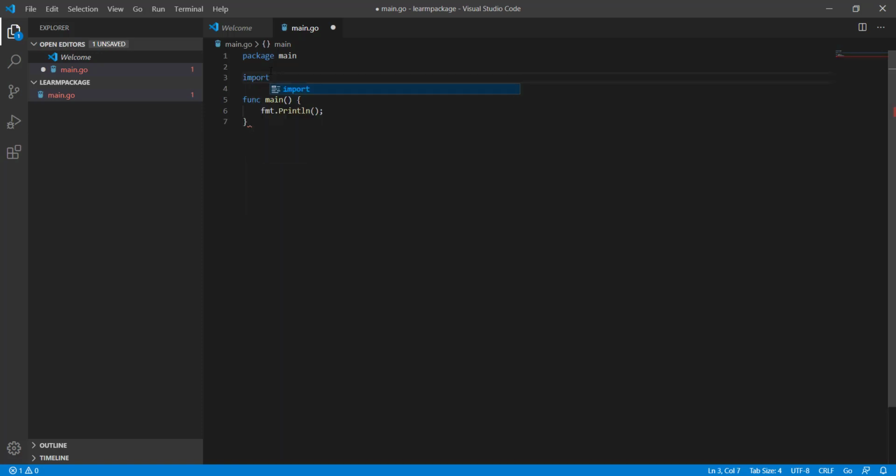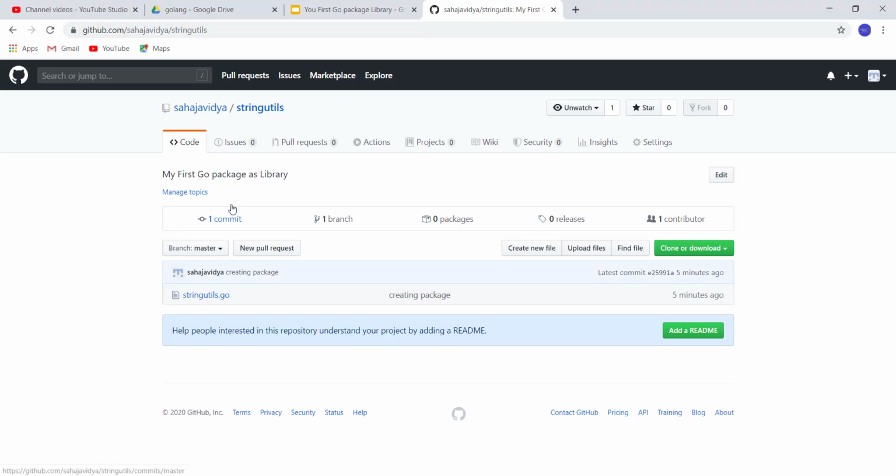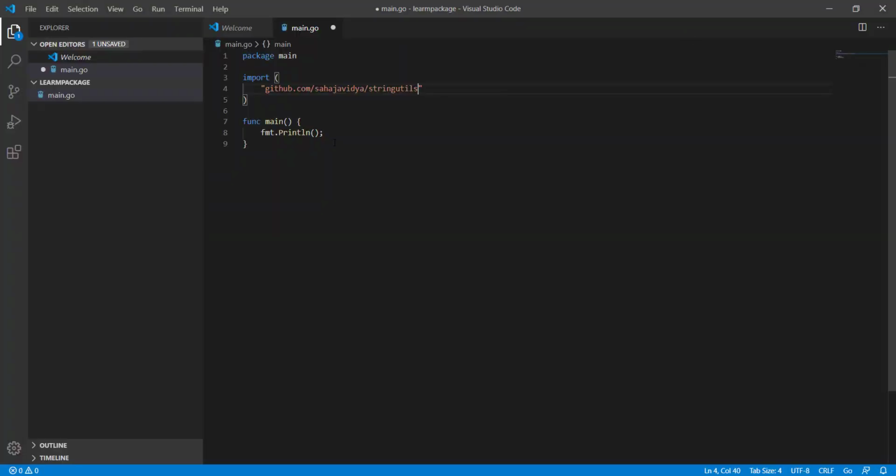Then you need to import our stringutil package. Our path is github.com/username sahaja vidya, then stringutil, because it is inside github.com sahaja vidya stringutil. So you need to import this path to use this Go package.